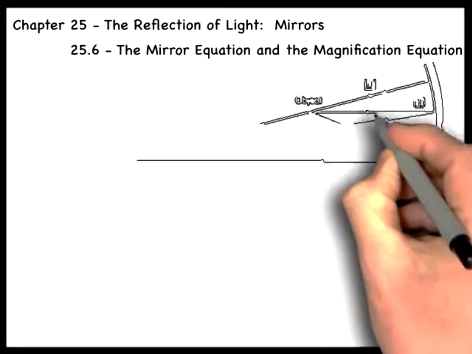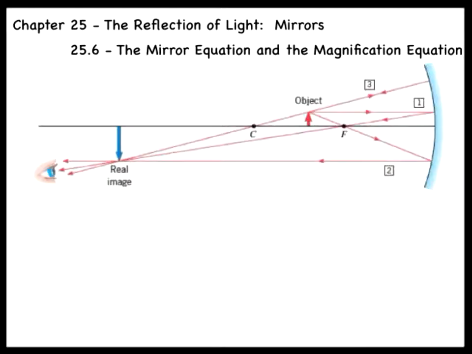In the previous section, we showed that ray tracing diagrams are very useful in determining the location and properties of images formed by spherical mirrors. However, for a more accurate description of the image and its location, we need a more analytical technique. We can apply the law of reflection at the surface of the mirrors to derive two equations, known as the